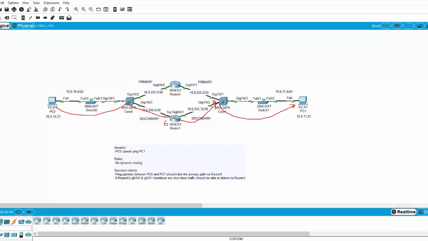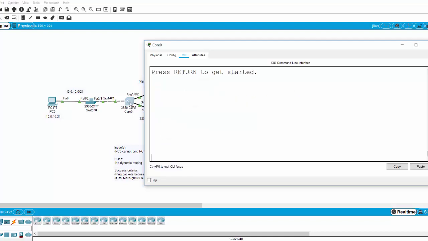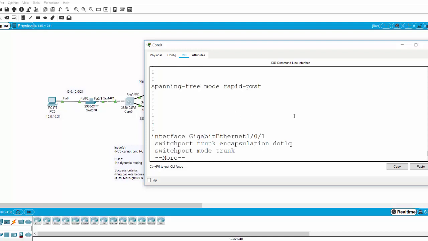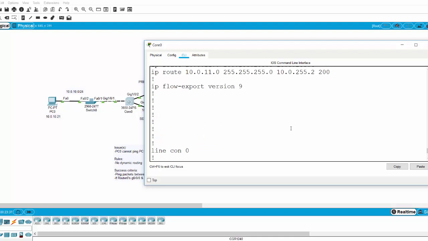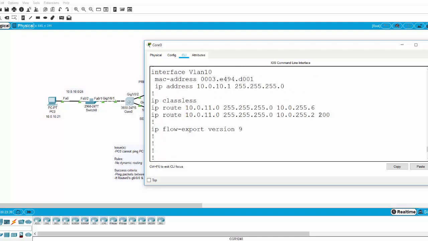So that is not meeting our success criteria because both links are up. Under normal circumstances, we should go this way. So the reason it's going this path is because I mixed up the administrative distance values that were configured on our static routes. So if I do show run and look at our static routes, we see that we have